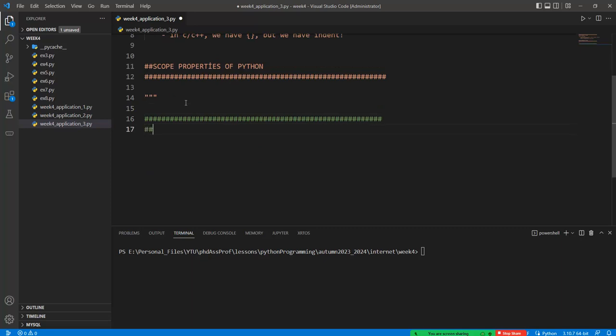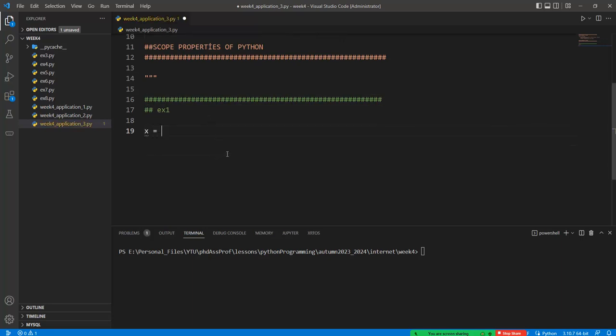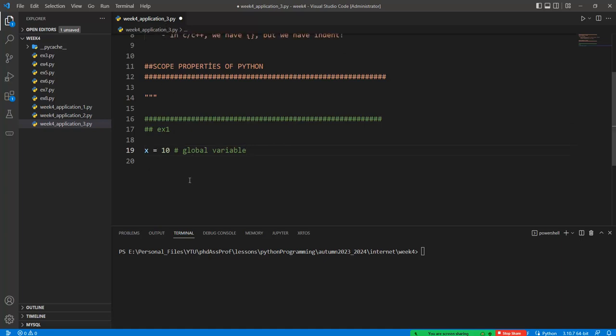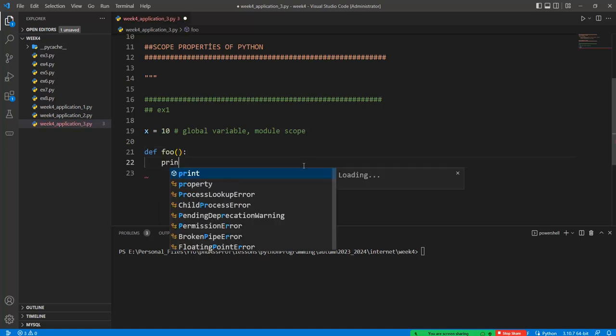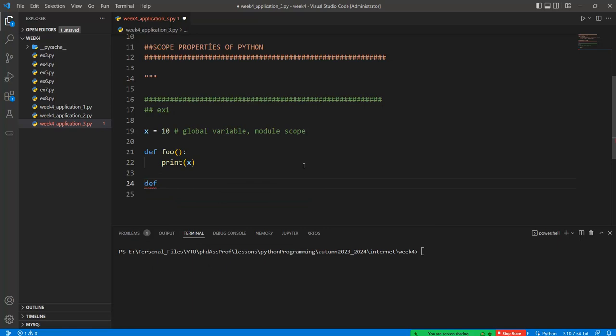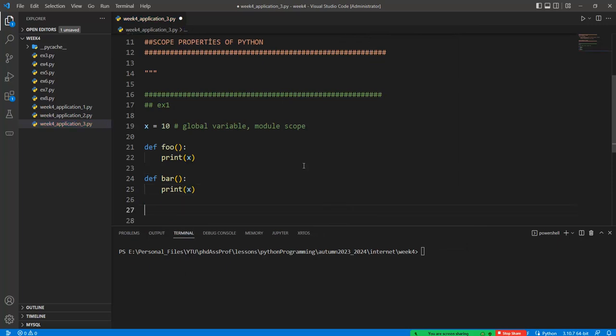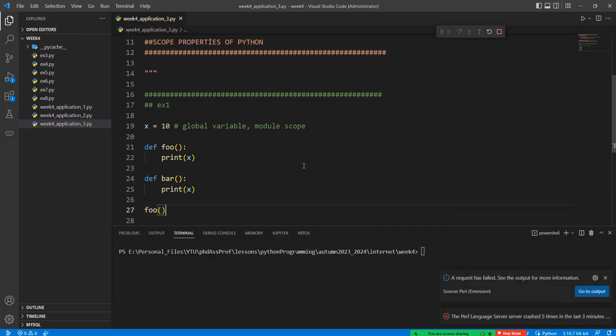So what's the scope in Python? I can create some examples in here like this one. Firstly, we can define the global variable x in here, because it's called a global variable because we defined this element in the module scope, okay, and so it's directly related to the module scope. And so we can create def foo print x in here, and we can define another function, bar, print x, okay, and so we can call the foo function in here like this one,